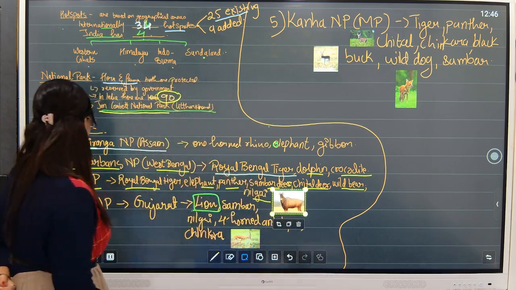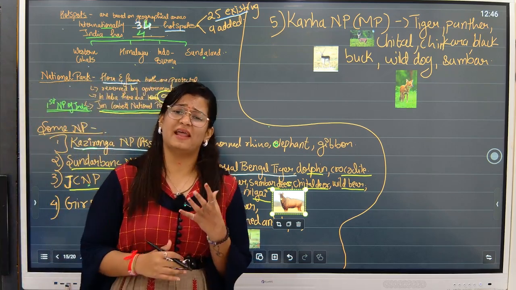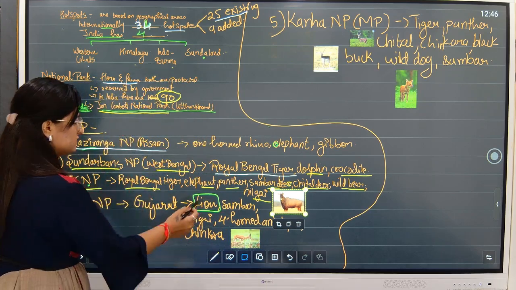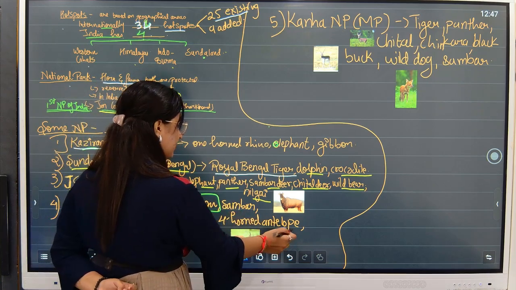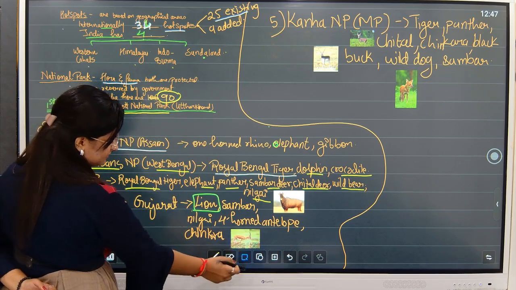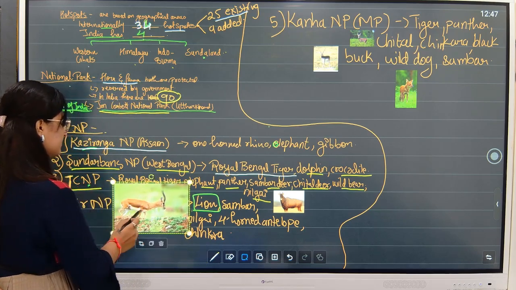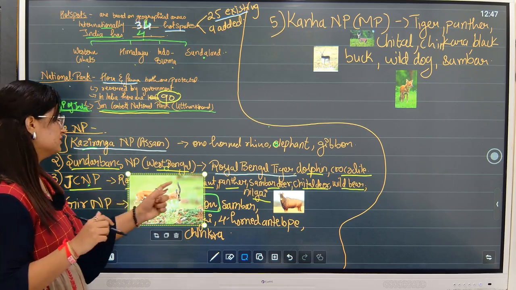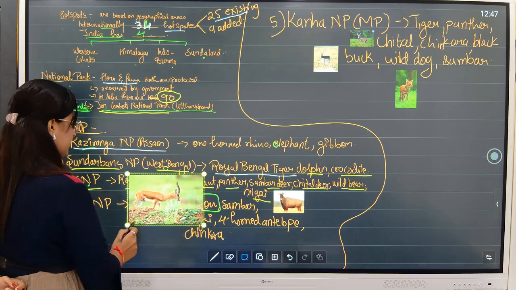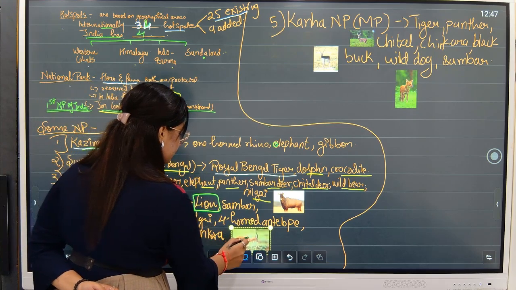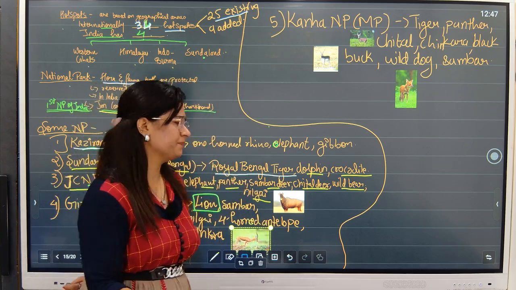Now, when we talk about Gir National Park, which is in Gujarat, the major point of attraction, the animal for which the park was made, was the lion. Then we also have sambar, nilgai, four-horned antelope, and chinkara. Chinkara is a mini deer-like animal. The difference is that its horns are very differently designed naturally, and these horns have good importance. That's why they were earlier hunted as well. Poaching and hunting used to happen, but now it is banned. Let's move ahead.